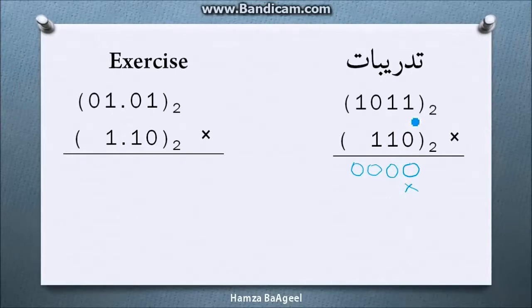Then we multiply 1 equal 1. 1 multiply 1 equal 1. 1 multiply 0 equal 0. 1 multiply 1 equal 1. And then 2 cross. 1 multiply 1 equal 1. 1 multiply 1 equal 1. 1 multiply 0 equal 0. 1 multiply 1 equal 1. And then we add. نضربها واحد واحد حسب الترتيب زي الضرب العادي، وفي الأخير نجمع الناتج تقريبا نفس الضرب اللي